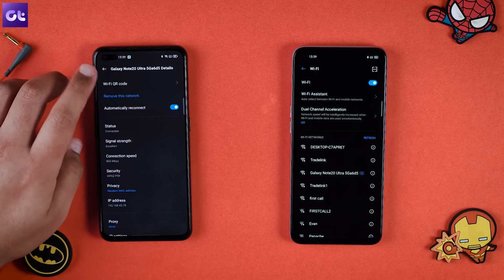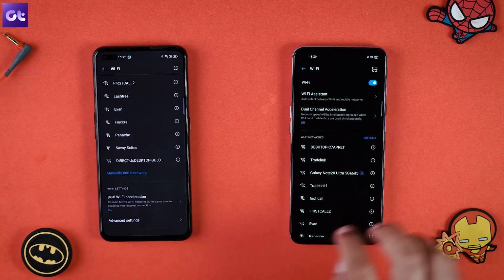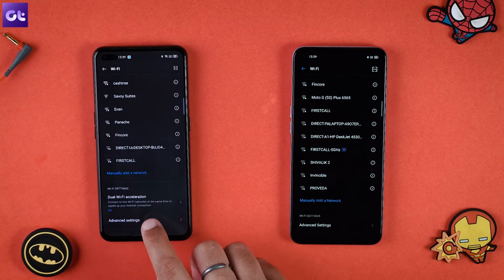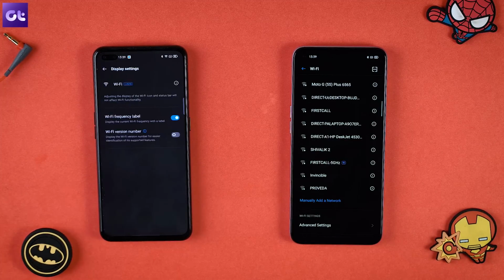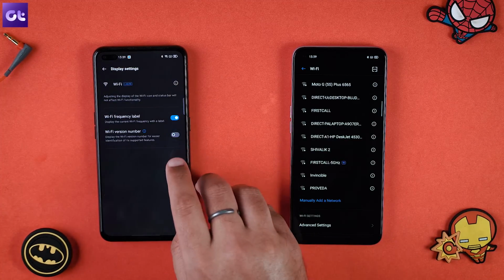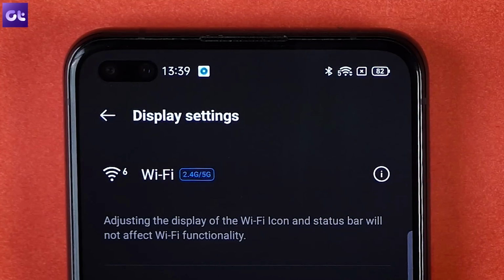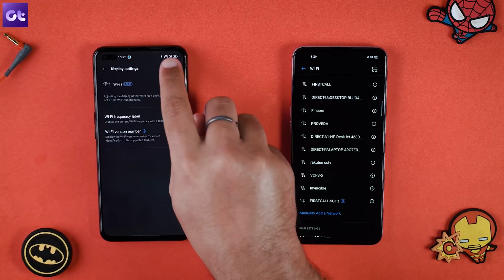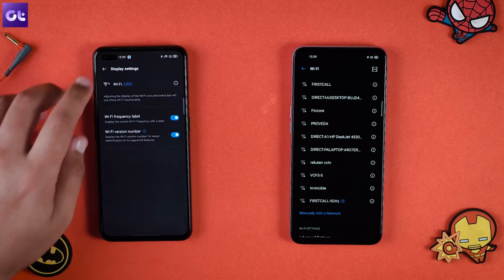Now another feature that I personally love a lot is something quite simple. I don't know how many of you like it or not, but it's something that I quite appreciate. When you go to advanced settings on Realme UI 2.0, there's this display settings. Now in display settings, you can have the Wi-Fi version number show up as well. So if you zoom in, you can see that it shows a little 5 icon here, because right now the hotspot that I'm connected to is a 5 GHz network. Similarly, if I had switched to a different 2.4 GHz network, there will be a 2.4 setting shown here, and that really helps. It's a very little touch, but yeah, it looks great.